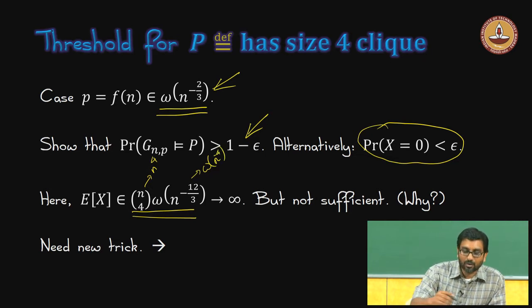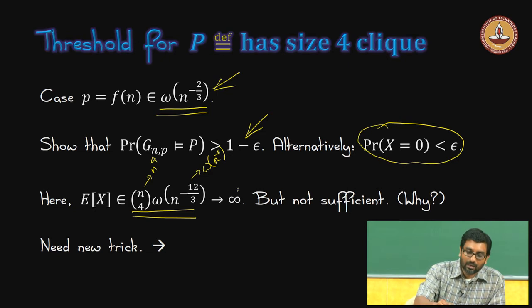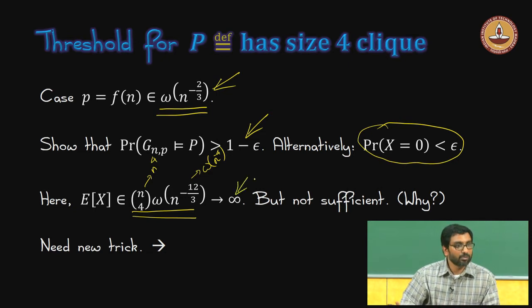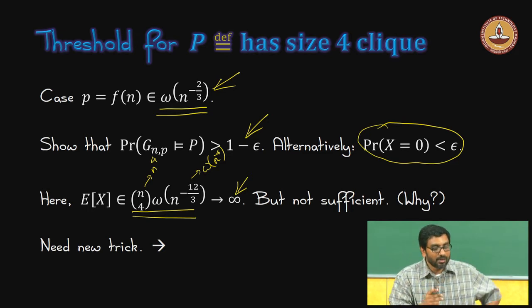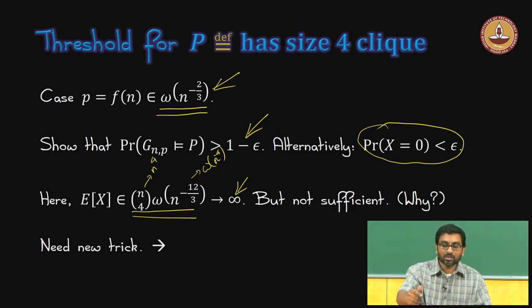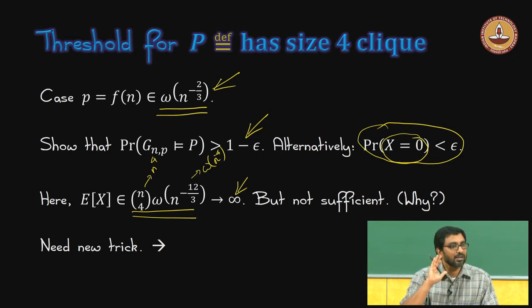Okay. So, overall it is going to be tending towards infinity. Okay. And so, this seems promising. Why? Because now what we are able to see is that the expectation of x is tending towards infinity, which means that this x equal to 0 intuitively is an unlikely event. Okay. But that is not sufficient technically,